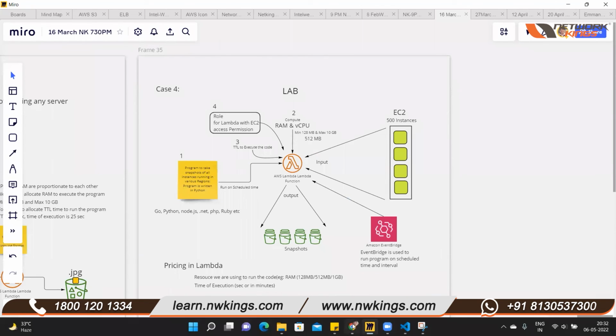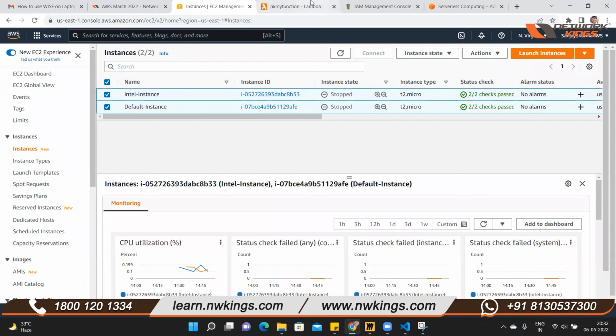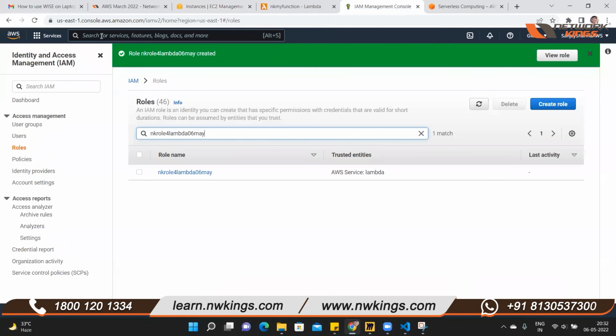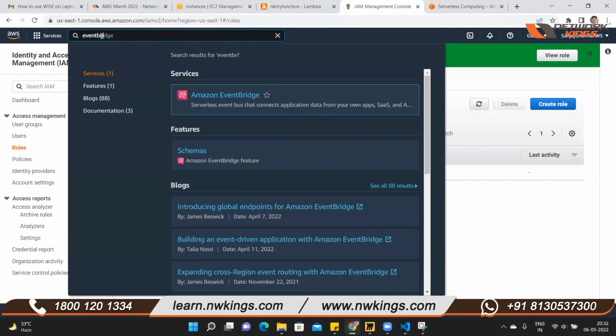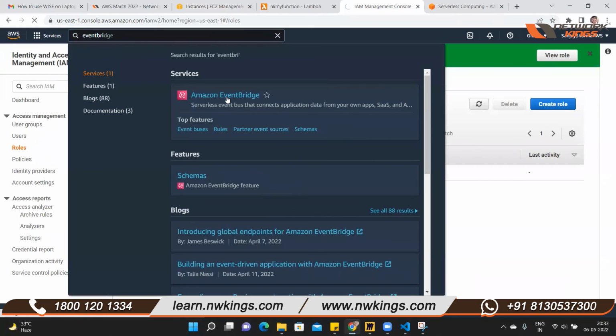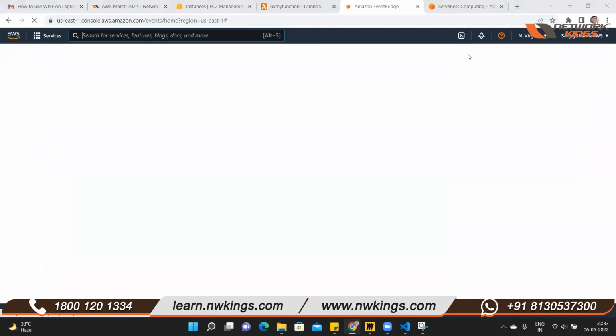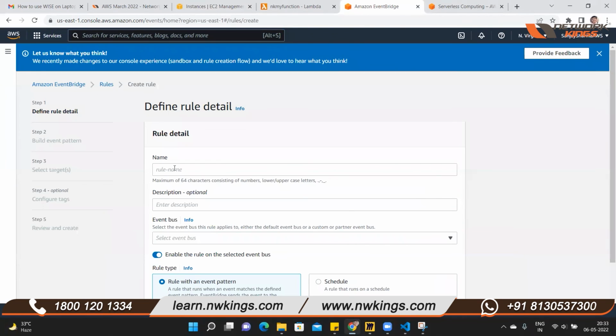So you go there and just write, let's say, Event Bridge. So this is the Event Bridge service. You go to the Event Bridge, create a rule. Here we create a rule. You just write the name of the rule. Rule 1, let's say,